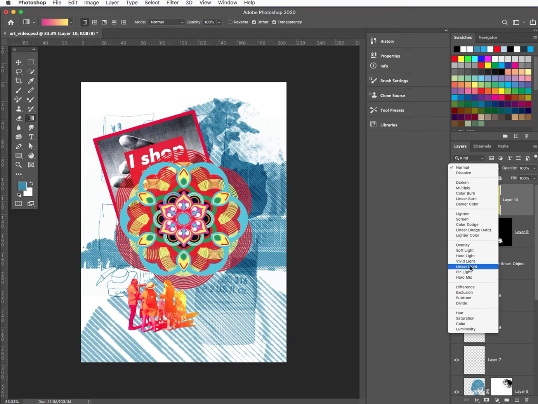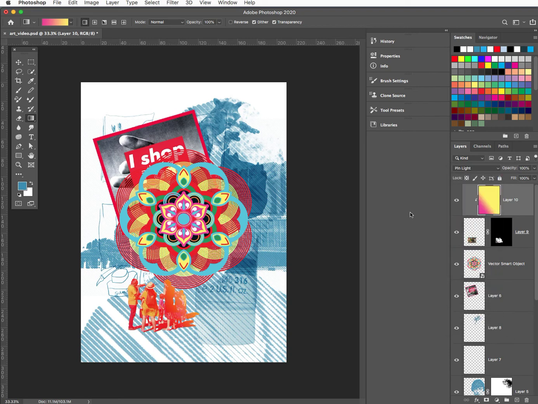Some of these darker ones are pretty good. Actually, I might go for pin light, and then what I can do is I can also dial down the opacity, get it so it's got a little bit of color coming through. And I'm going to try an element here where I put it up the top, and this time I change it to 100%. So this one's light, this one's darker,